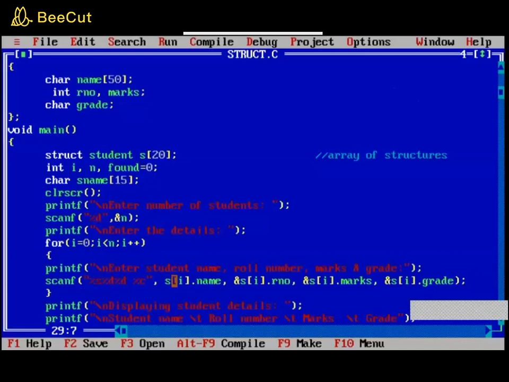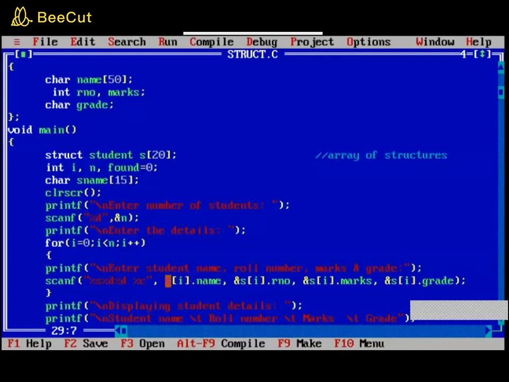Now, to access the members from the structure, I will be using the structure variable. The structure variable I have used is again an array of structure variable, right? So s[i] I will be using. If it was a normal variable, I would have used s dot and then the member name. Here I am using an array of structure, so I will be using s[i].name, or s[i] dot the member name.